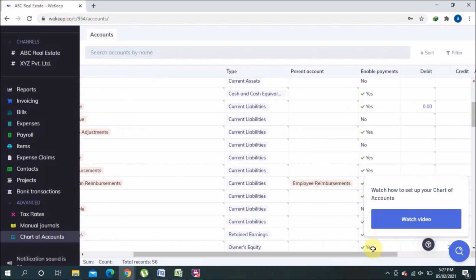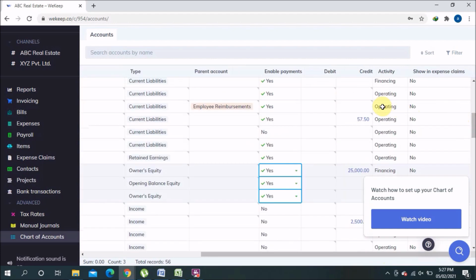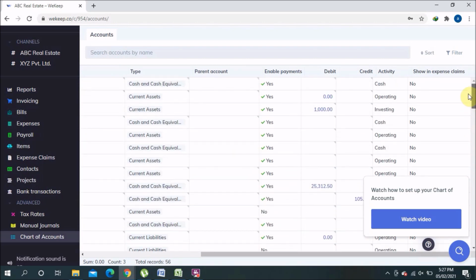For example, you want yes or no, that's up to you. Then debit, credit, and then activity, which this head belongs to. For example, cash, operating, investing, which kind of activity will happen in the future for this particular head. Then show in expense claim. If you want to show that one, then you have to make it active. Then you can find this particular option in expense claim, so you can make it yes here.